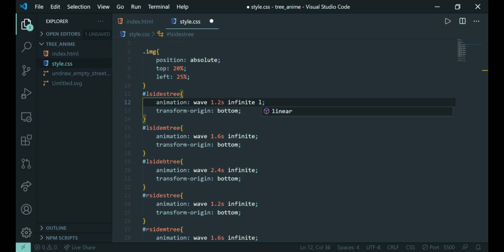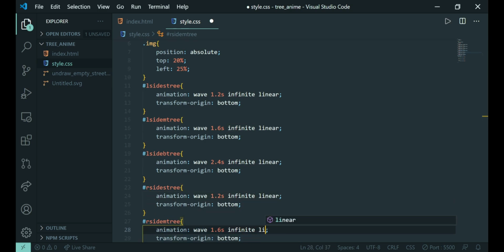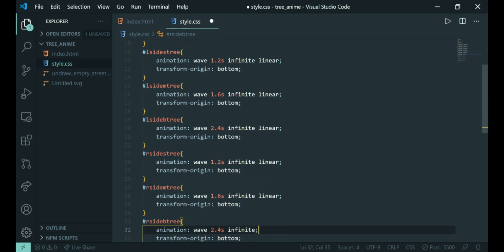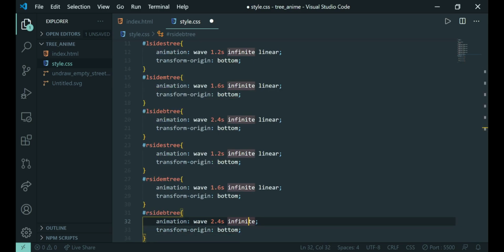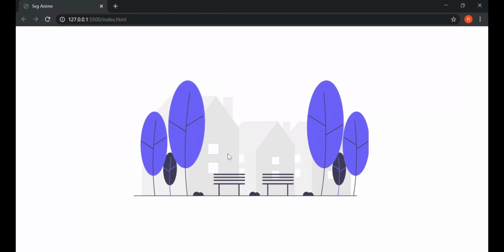So we will be saying that keep our motion linear, and we will be giving this to every tree. So yeah, so we go. Now you can see that it is more smooth than before.